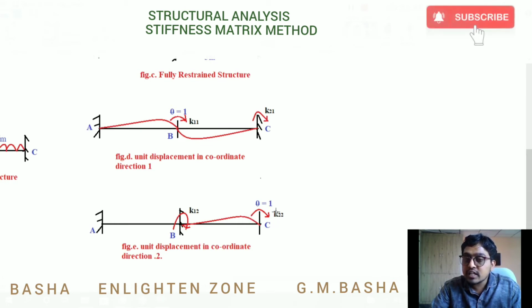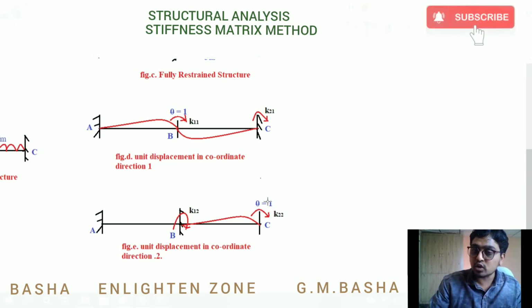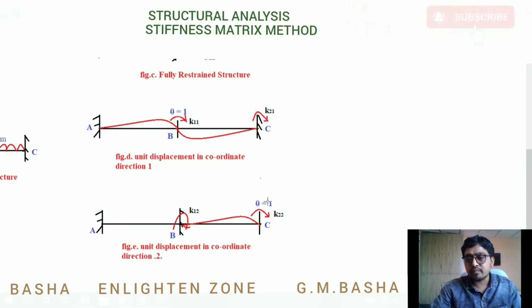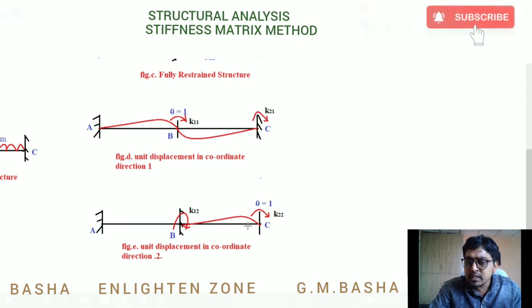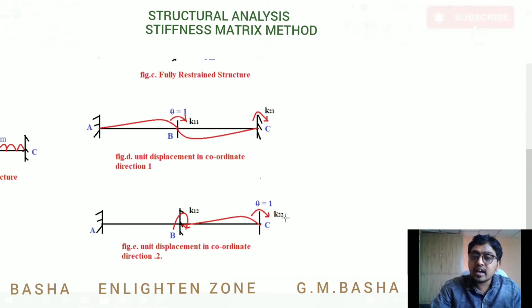Whenever we are releasing the structure and apply the unit coordinate, unit moment, whenever a force is applied like this, you will get the unit displacement. You will get the displacement on a member like this. Why? Because we are releasing the structure. If the structure is fixed like that only, you don't get any displacement here. But we are fixing the structure both at A and B, and we are applying the moment here. Based on that, you will get the displacement at this position. That one will be considered as K22. And whatever the moment applied here, take half of the moment to its other end, that is K12.